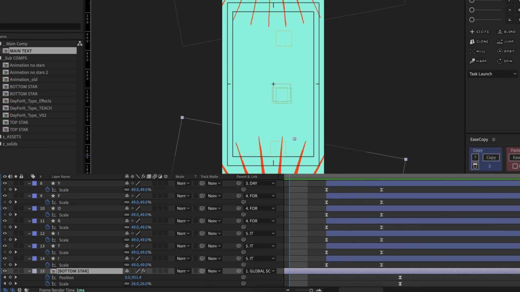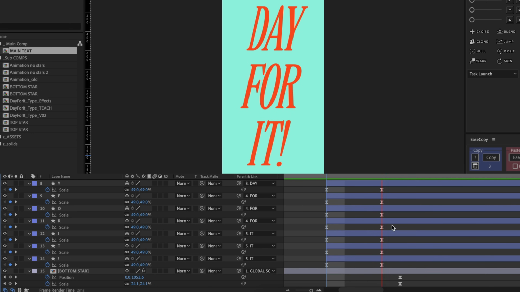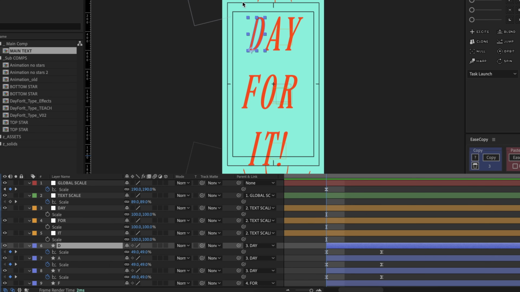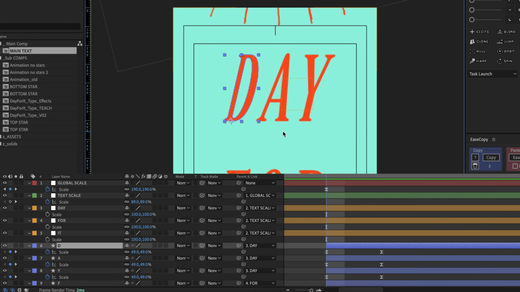It's good if you want to work fast. Cool. All right, so that looks pretty good. I'm happy with that. Now we're going to do a little bit of fiddly text animation here, path animation on